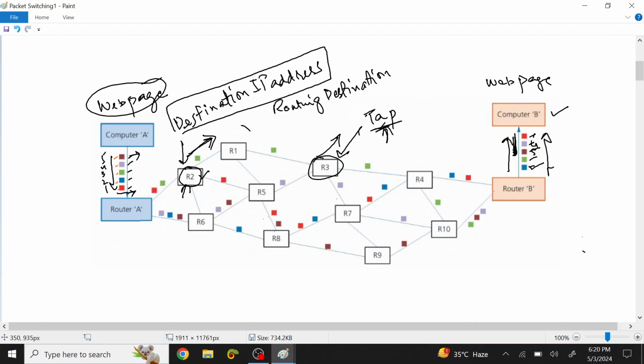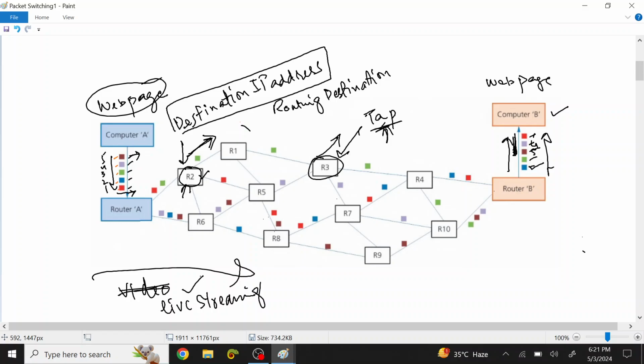Now there's just one final thing that we want to discuss. If we were live streaming, and by live streaming it could be a WhatsApp video call, or a WhatsApp audio call, or some cricket match that is taking place right now that you're watching on the internet. So with live streaming, is packet switching suitable for that? Well,